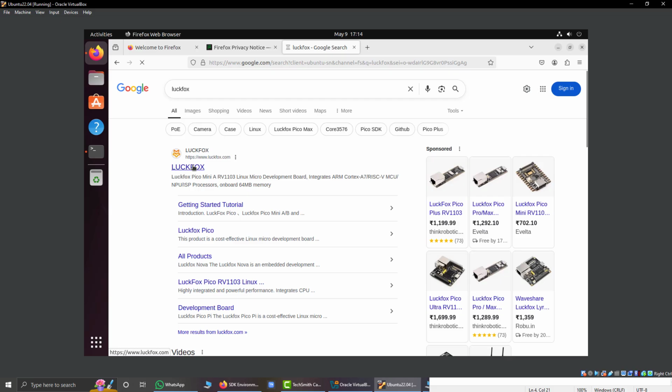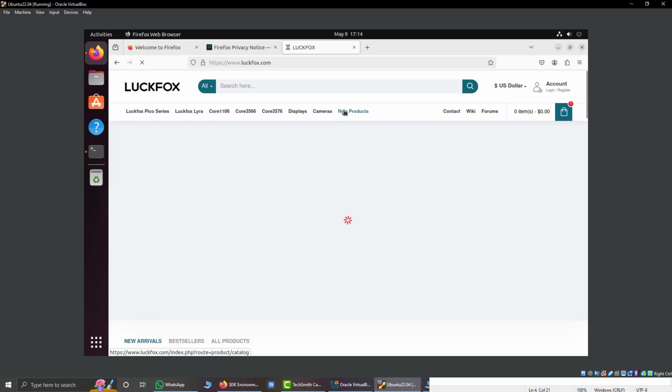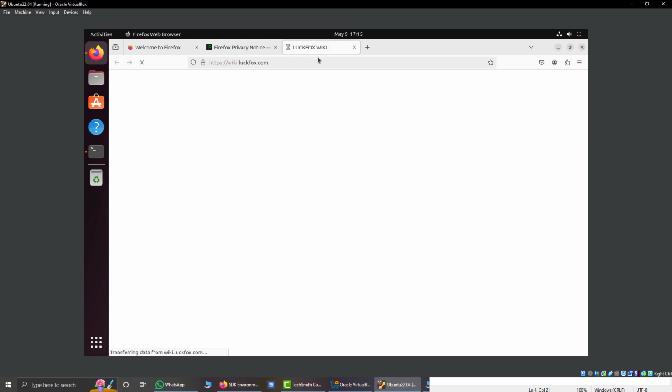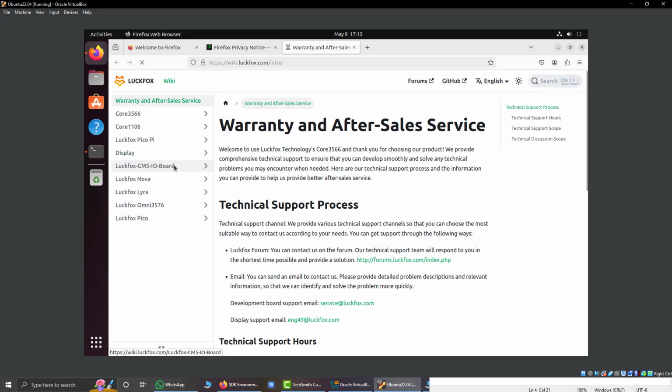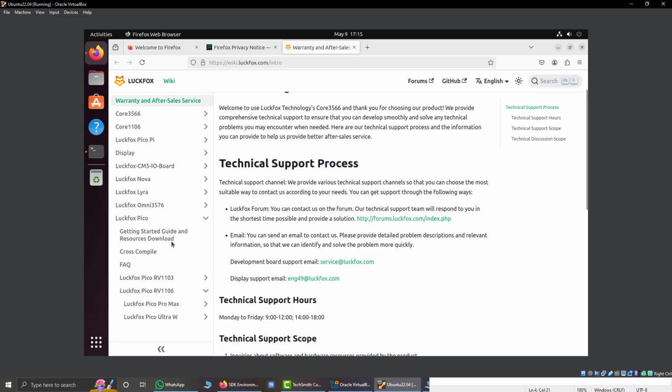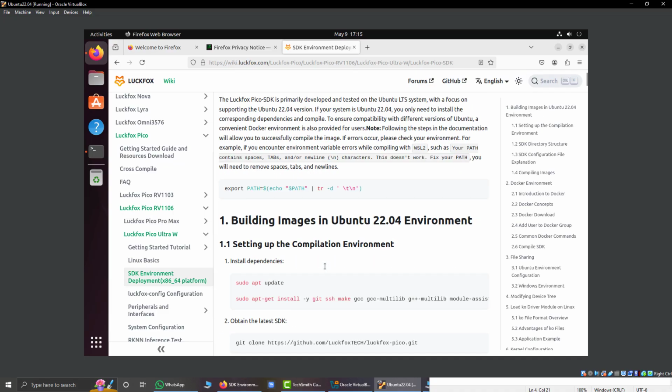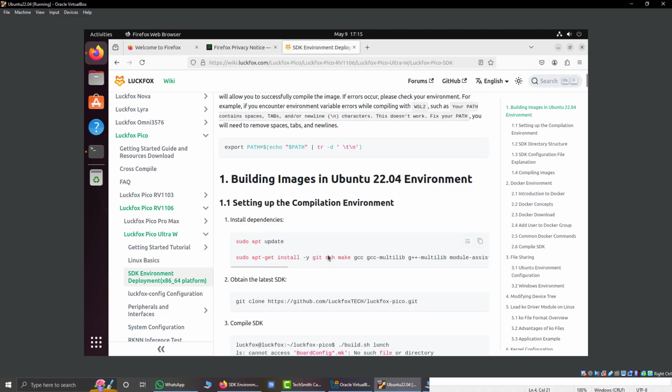We have Luckfox and from there go to the wiki section. Luckfox Pico, Luckfox RV1106 Ultra W, and then SDK deployment, and from there copy this entire line like this,